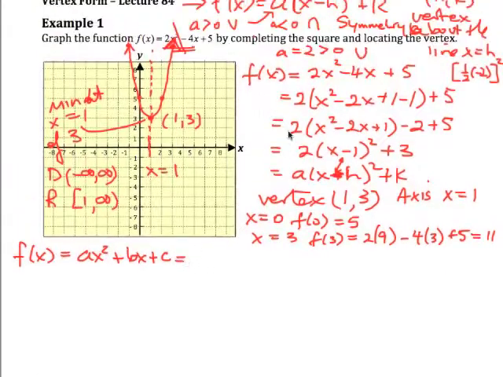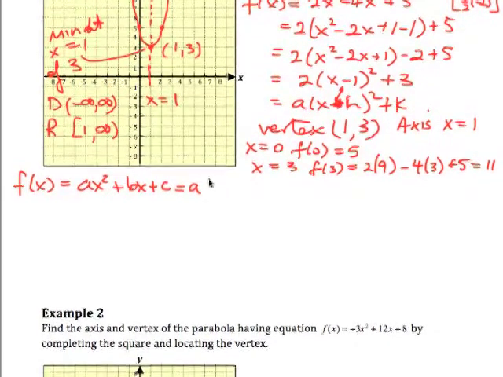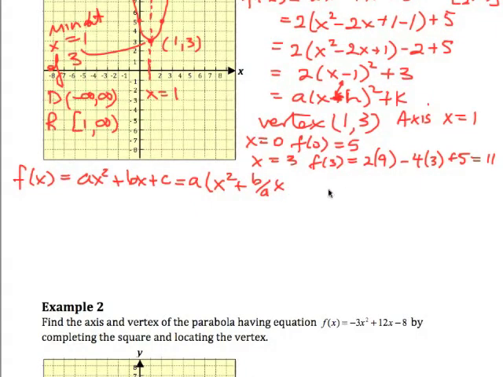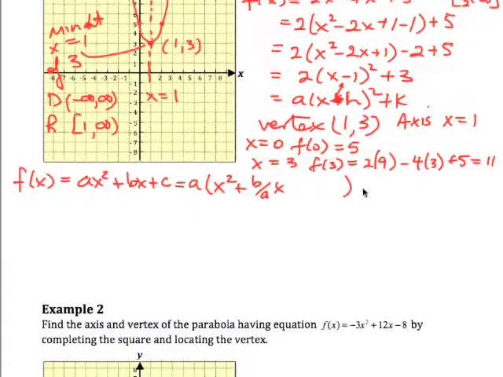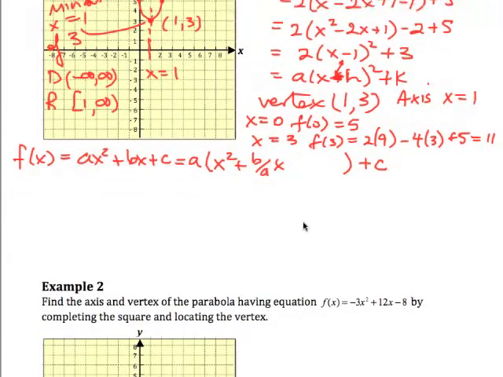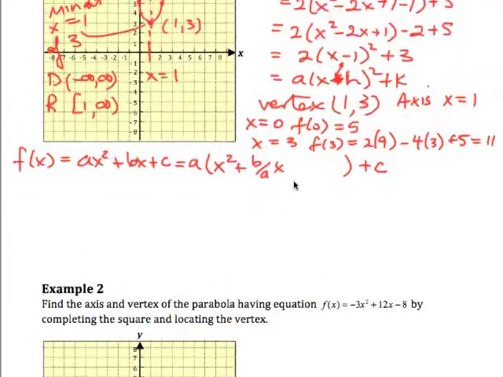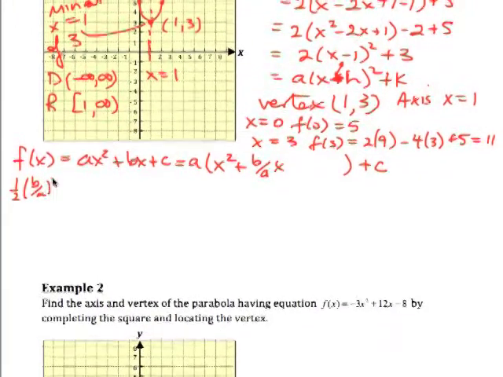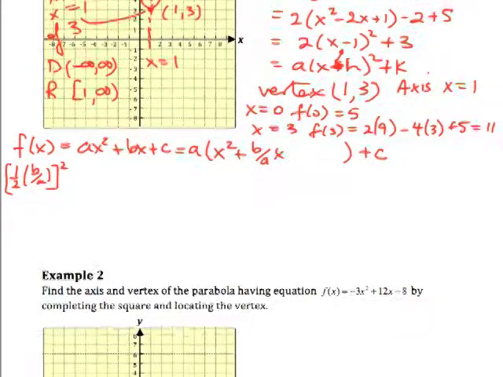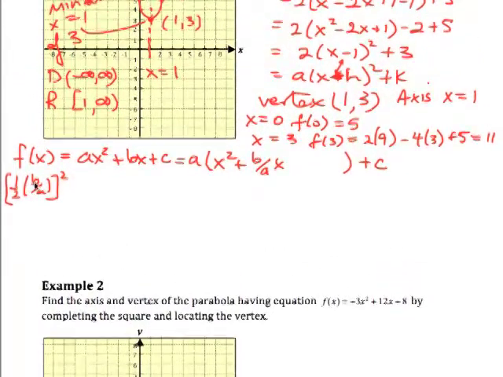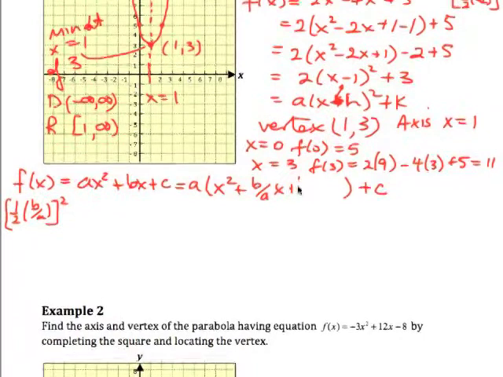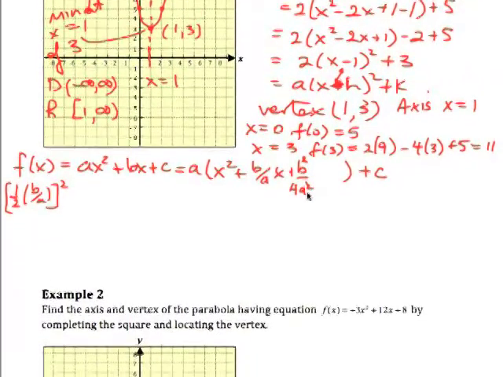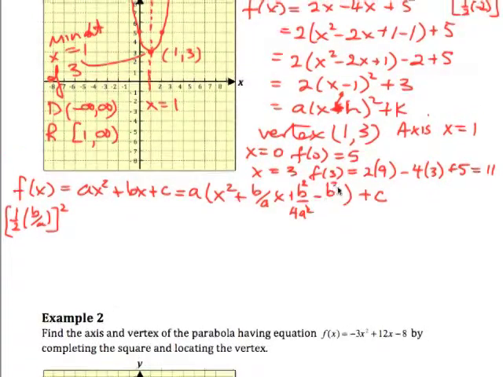Now, if I was to complete the square and follow this process up here, I'd take out an a, and I have x squared plus b over a, x. All right, I'm going to leave a bit of room and leave the c here and see what happens. Now, to complete the square here, of course, we'd have to halve the b on 2a and square it. That would be b on 2a squared, which is b squared on 4a squared, and we'd have to subtract b squared over